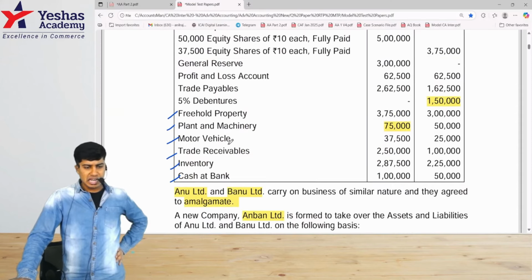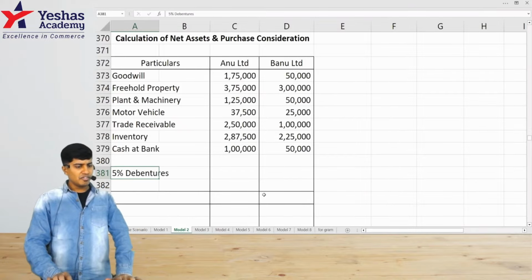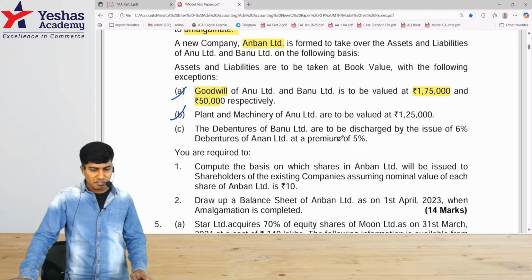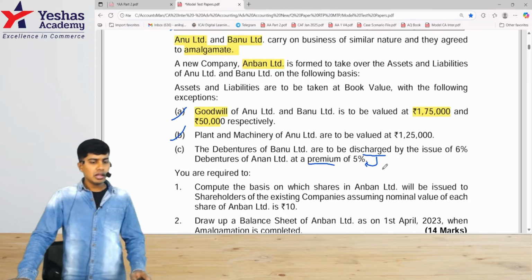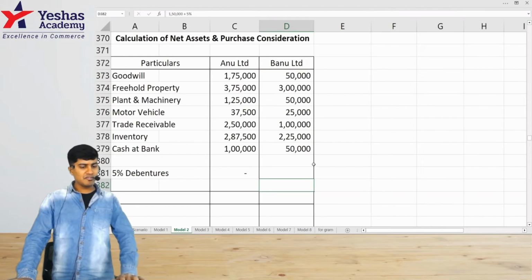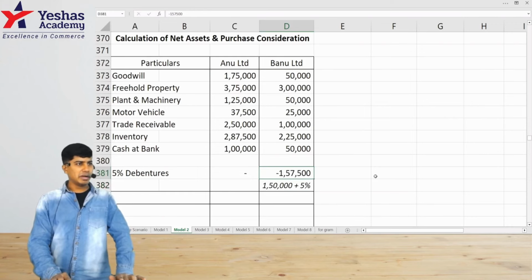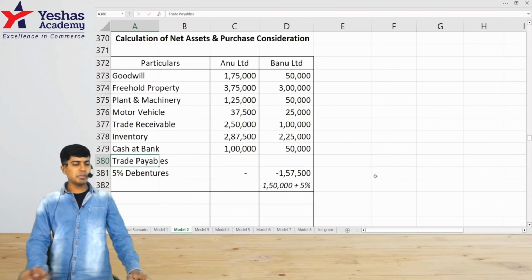Now let's start deducting liabilities. To begin with, 5% debentures and trade payables. 5% debentures, Anu is not there. For Banu, it is discharged at 5% premium. Remember, this is not issue premium. They've told discharged at, there is no comma in between. So that is not issue premium. That is discharge premium 5%. What is the nominal value? 1 lakh 50. Agreed value 1 lakh 50 plus 5%. I would write it as minus, or I should write less and then underline. Anyways, it's fine. Trade payables